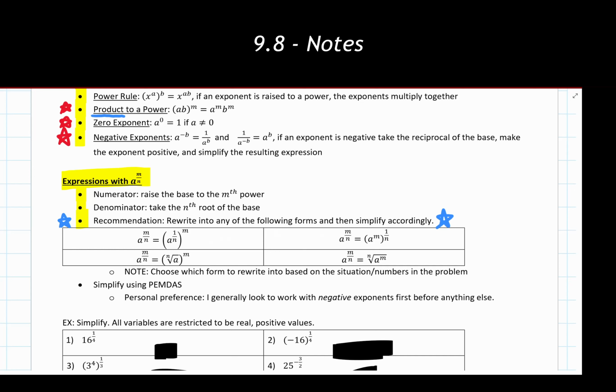It should be noted as well when you're doing this, make sure you're doing that rewriting based on the situation and the numbers in the problem. Rarely, if ever, is there a situation where you always want to write it into this form, or always write it into this form that we have here. I've never come across a really concrete way of saying this method is always going to be better first or second. It's very much dependent on the information that you have been given.